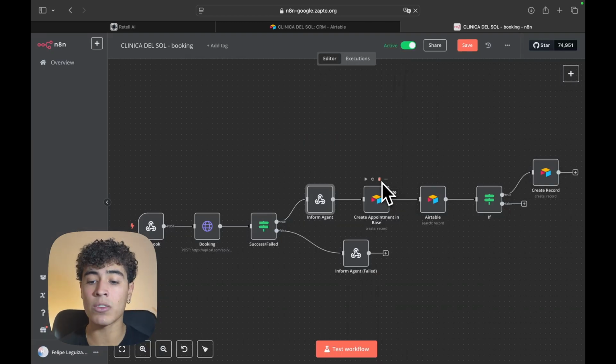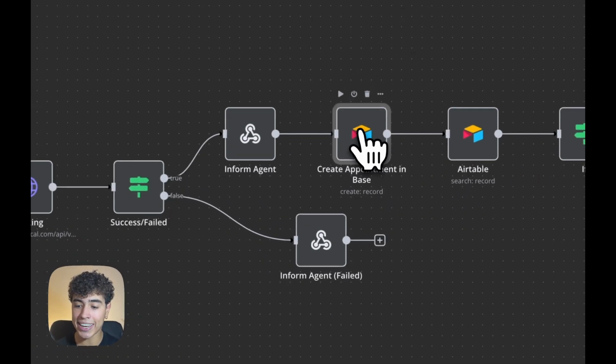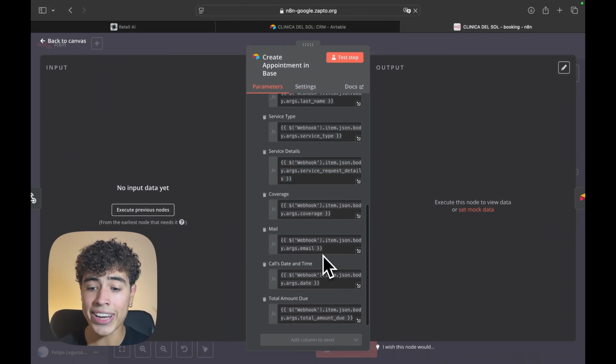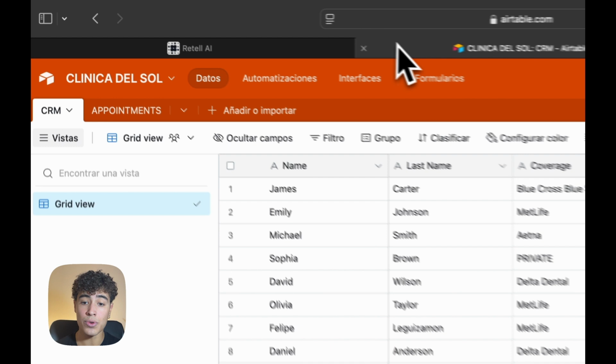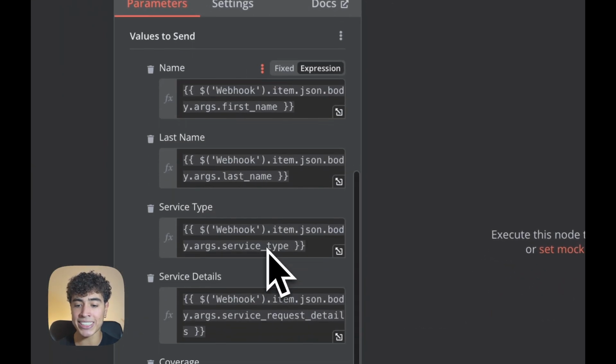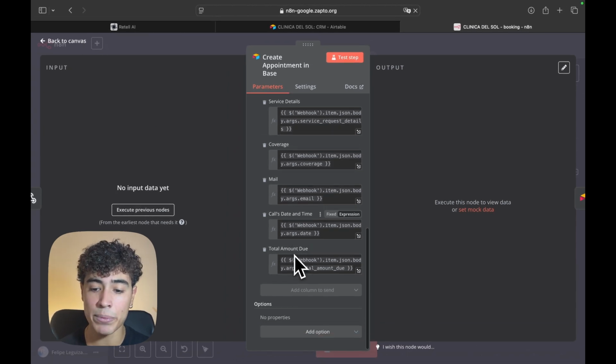You may be asking why I put the response node in here. And I put it in here because if I put the node in the last part, we will be adding latency to the call, and we don't want that. We want fast responses. So next, I got a create record in Airtable, in which we are adding the booking to this table, to the appointment table. And we are simply writing the name, last name, service type, service details, coverage, mail, calls date and time, total amount due,